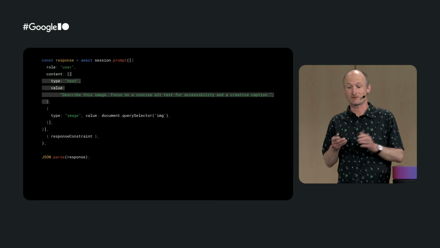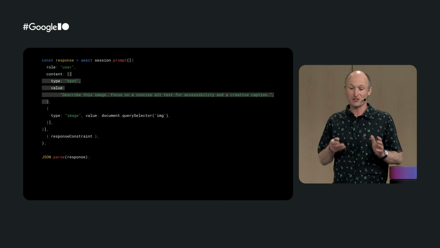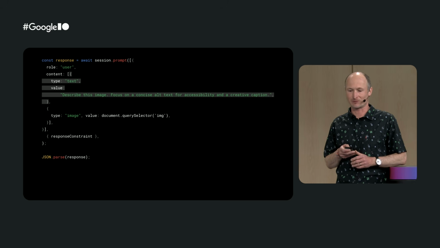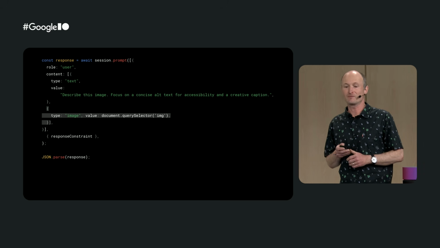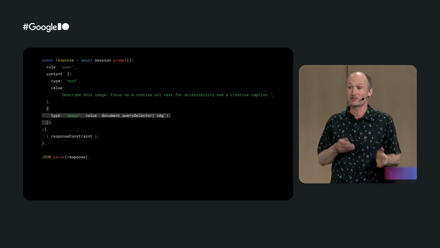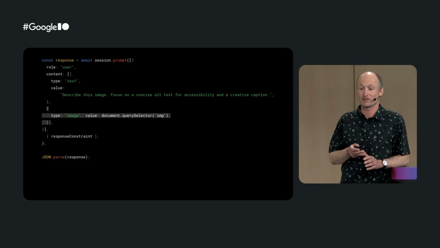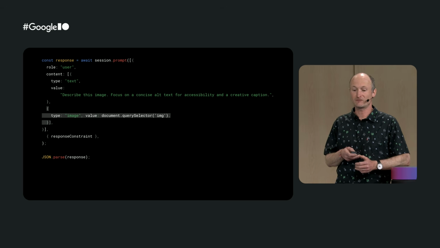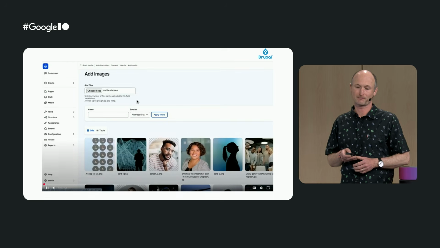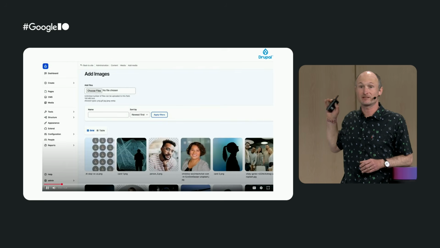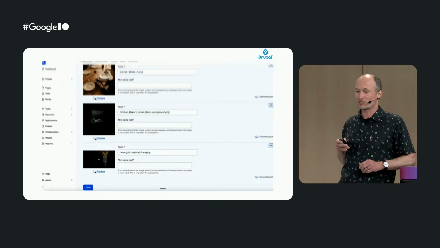Now we can actually interact with the session. The prompt is a bit more involved as it's multimodal, but the first part of the prompt is just a regular text prompt. The second part then is the actual image. As before, we pass the response constraint, that is the JSON schema, as a parameter. This call will then return a JSON object that we need to parse before we use it in the editor and put it in the figure markup. Drupal CMS has implemented alt text generation for images that follows the pattern you've just seen in the code samples before.